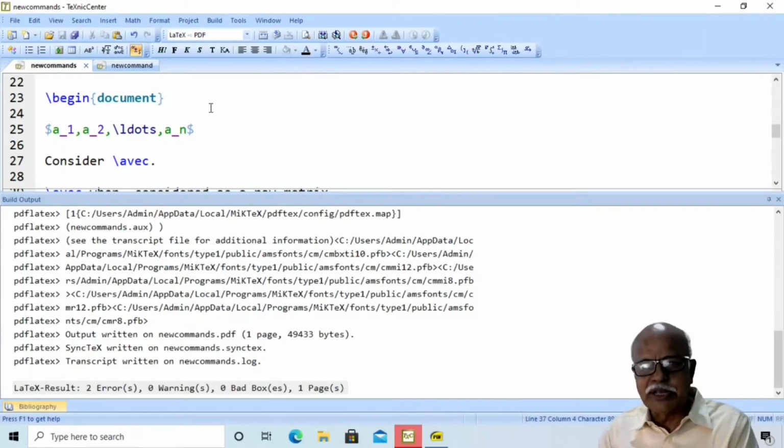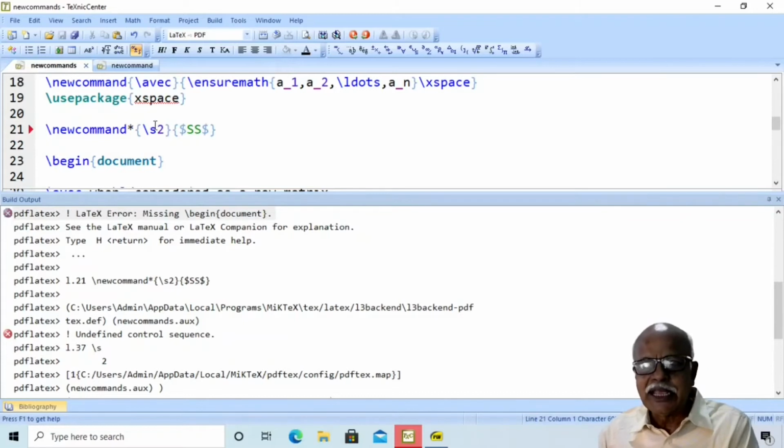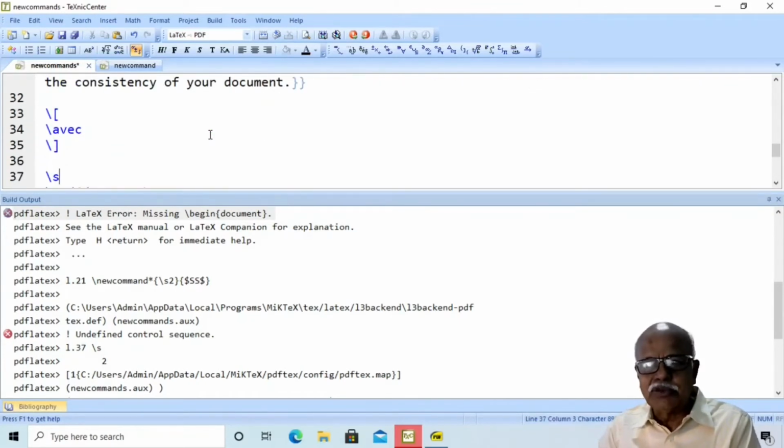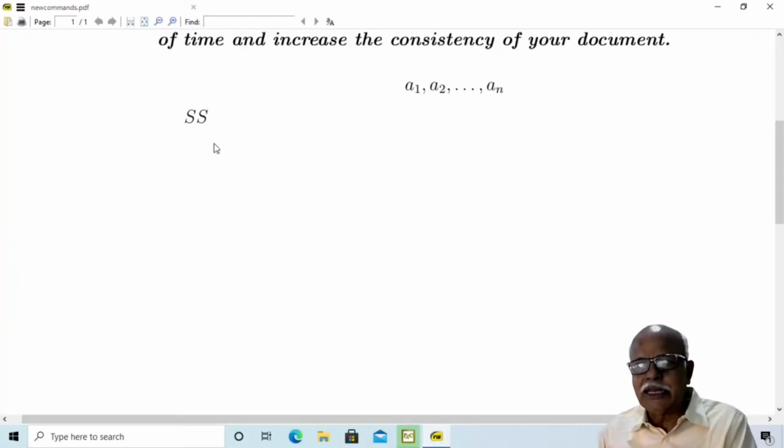This will produce an error because the new command definition cannot contain numbers. You can say \STWO, and then here also you will get the result in the output.